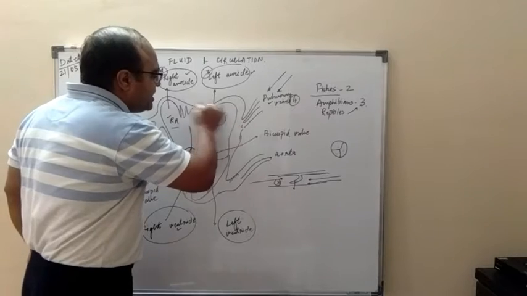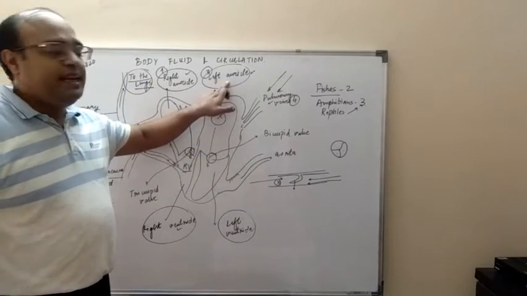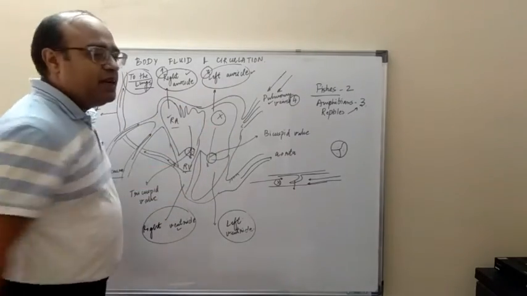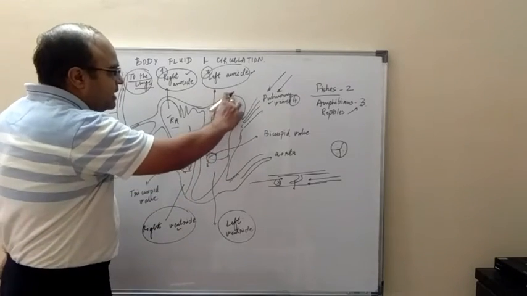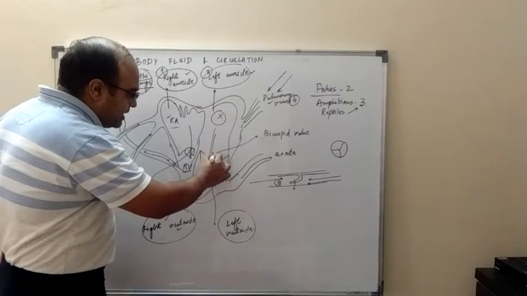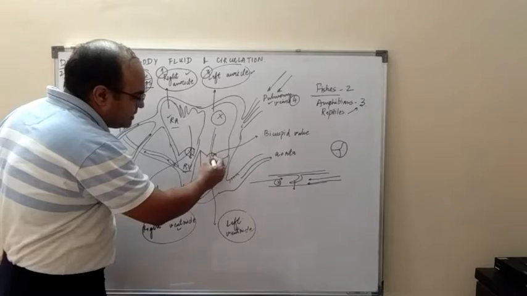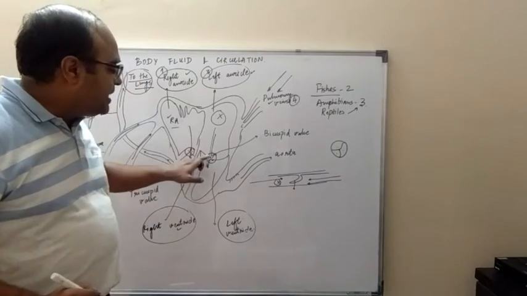After the purification in the lung, through the pulmonary veins, this oxygenated blood is again poured into this chamber. Now what was this chamber known as? Left auricle. So the left auricle is receiving the oxygenated blood. From here again this auricle pushes the blood. Again there is a valve present over here, and what is this valve known as? Mitral valve or the bicuspid valve.